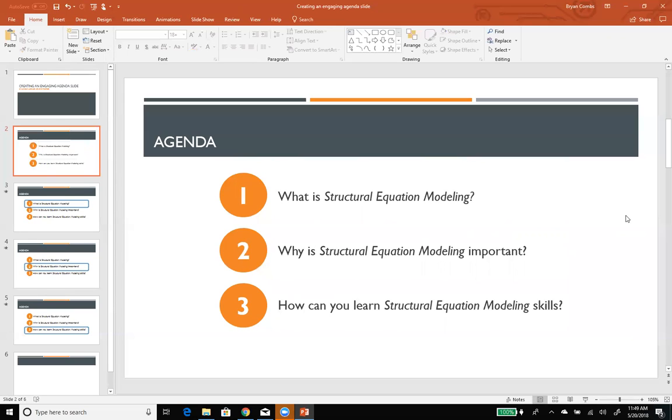Now, let's go ahead and make sure that we add an outline that allows you to help your audience focus and create a sense of progress. Before I do that, any questions about what you've seen? Okay. So to add the outline,